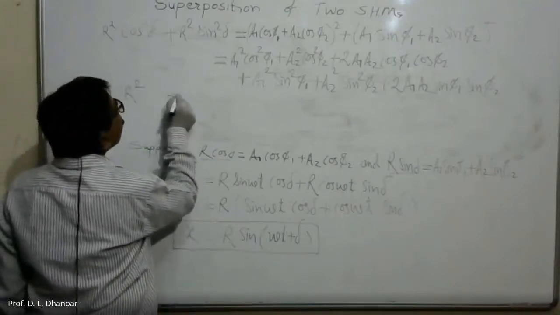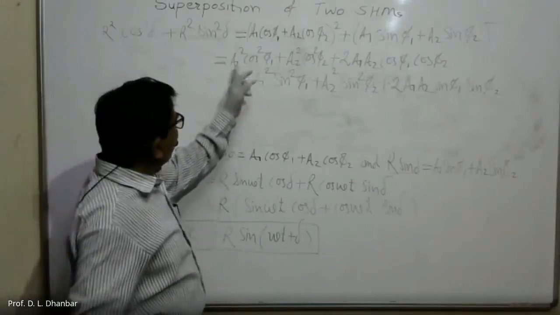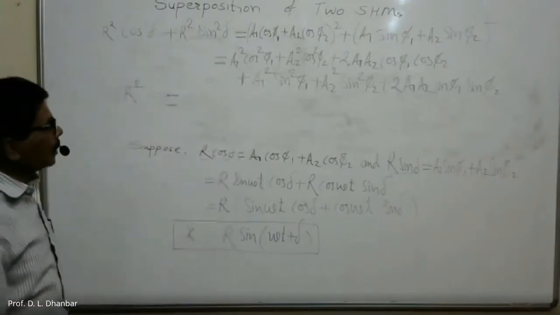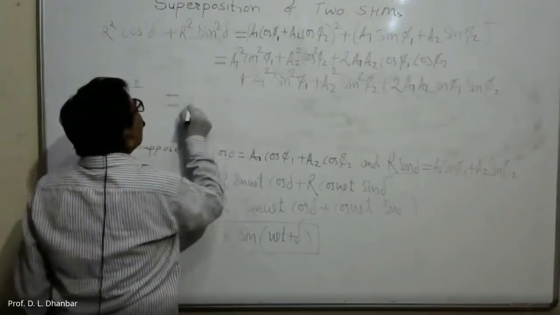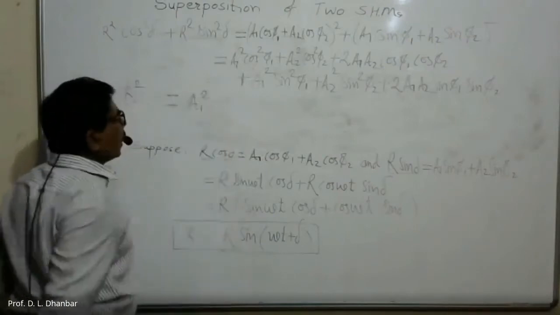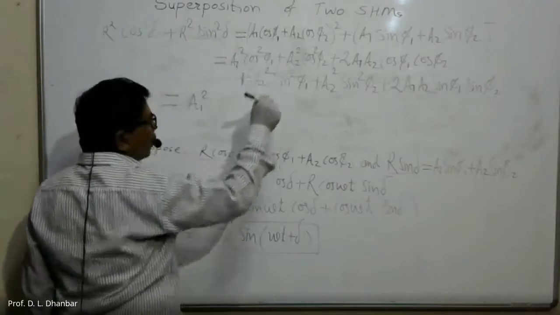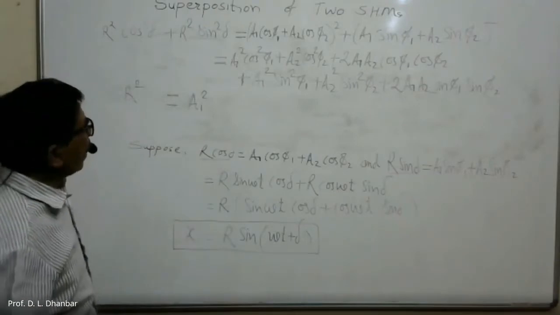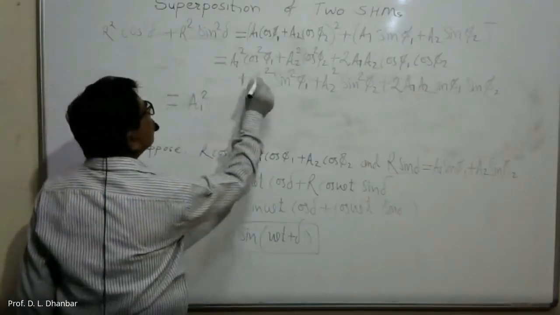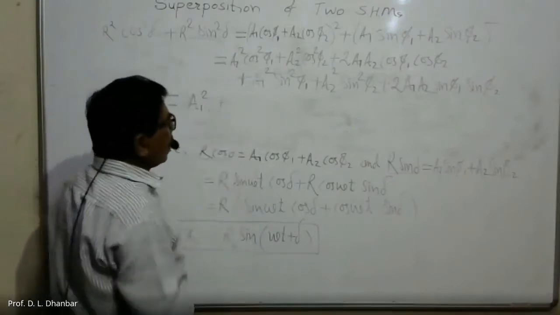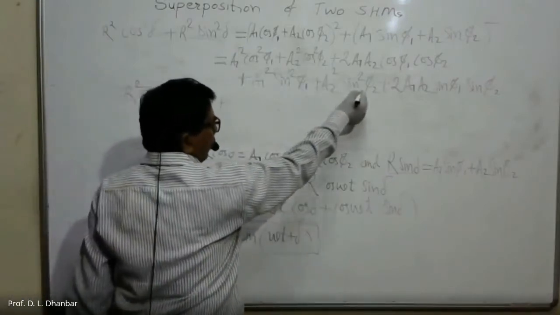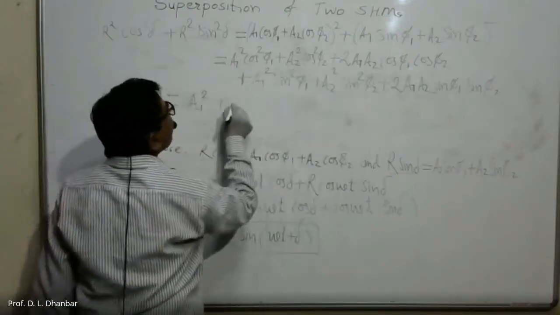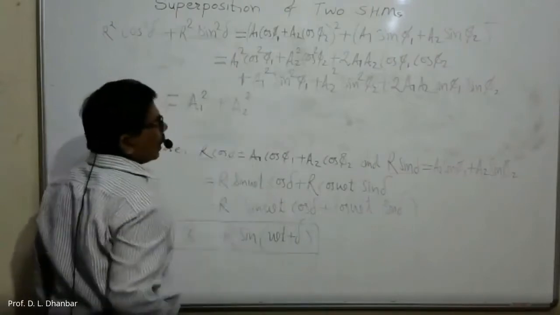This is equal to... Here again, if you take out A1 square from this term and A1 square from this term as a common, then what you'll get? A1 square into cos square phi 1 plus sin square phi 1, or sin square phi 1 plus cos square phi 1. This is equal to 1. Plus cos square phi 2 plus sin square phi 2, and outside the bracket it is A2 square into 1, plus